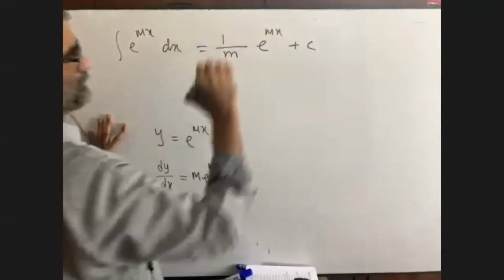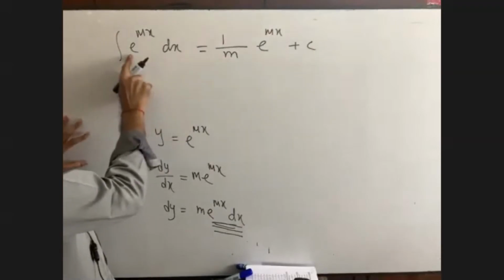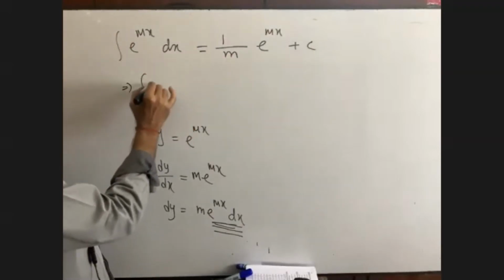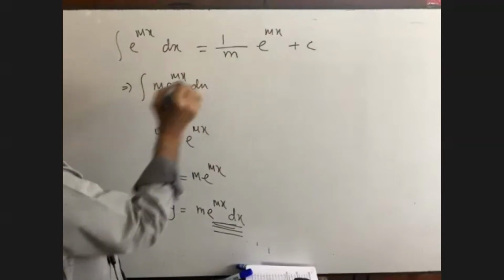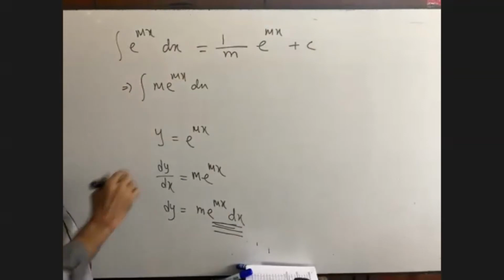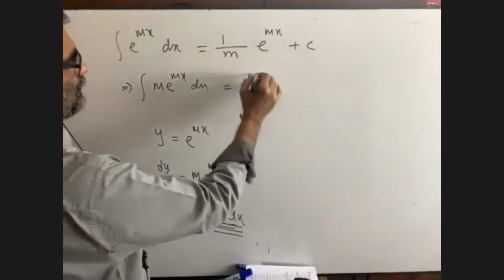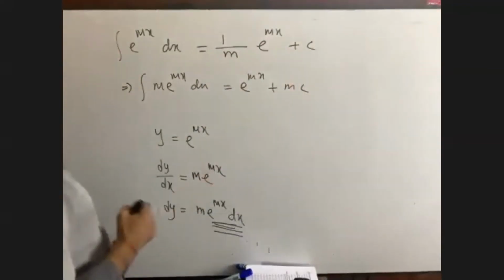You understand, suppose m is taken here, then we are getting m e to the power mx dx. You see, if m is taken here, then we are getting e to the power mx plus mc, because we will get the